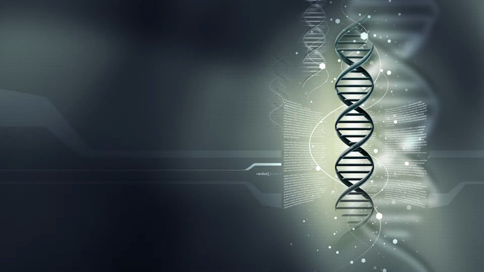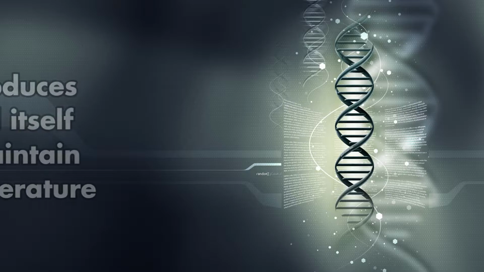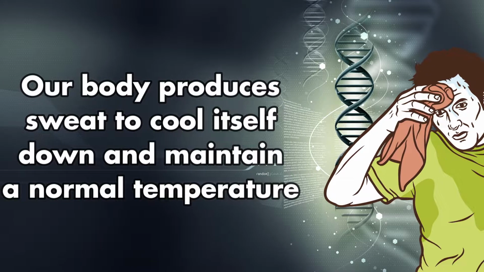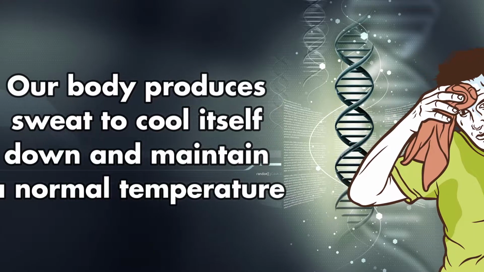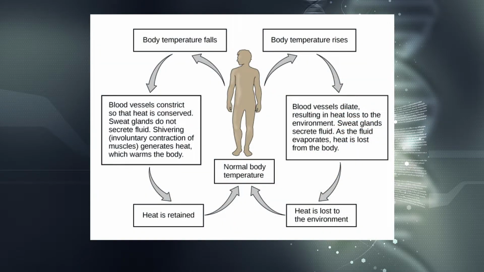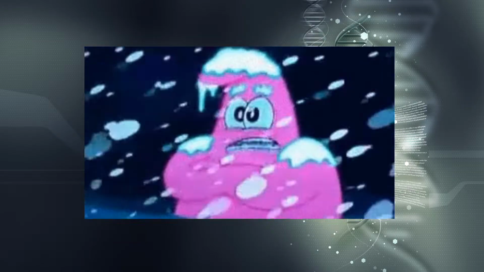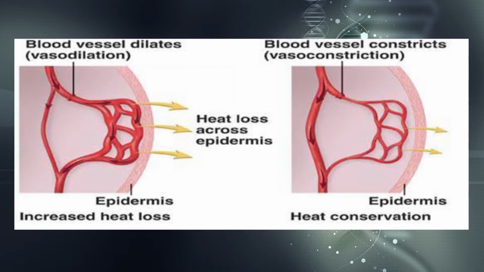One example of feedback mechanisms working to maintain homeostasis can be seen when we sweat. Because our body gets hot when we do physical activities, our body produces sweat to cool ourselves down and maintain a certain temperature. However, feedback mechanisms also work the other way around. If our body gets cold due to cold external temperature, feedback mechanisms will cause our body to warm up. This is seen when we shiver and our blood vessels constrict to increase the body's temperature.